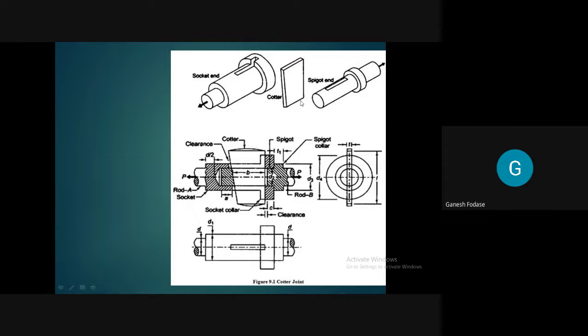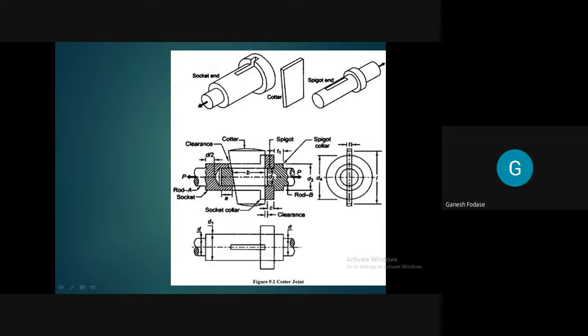Are you getting an idea about this joint? I told you three elements, how they are fitted inside, and how load is acting on this. One load is acting on the socket from this side and on the spigot from this side. Even though it is shown separately, you can see in the assembly here, this one is the socket which is outside and hollow. Inside this the spigot is inserted, and this one is a quarter used to connect the socket and spigot. This is the side view, and this is the top view of this assembly.